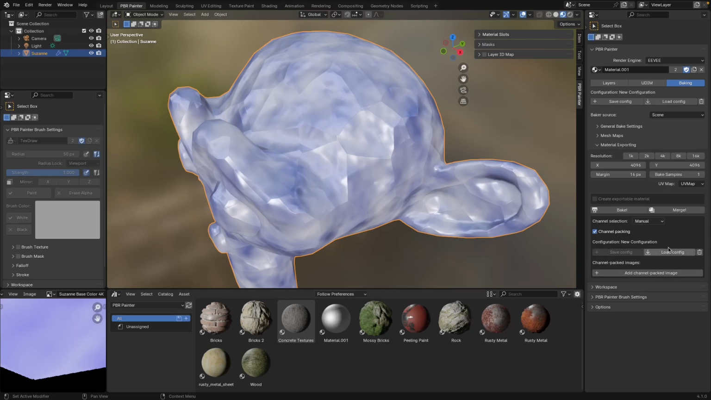And you can set that up in PBR Painter using this interface in here. So what you need to do is turn on channel packing. You can save and load configurations as per the other parts of the baking. But the way you set this up for baking is you add one or more channel packed images. And these are not real images, these are just configurations to tell PBR Painter how to bake each of these